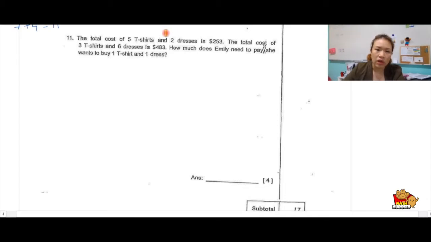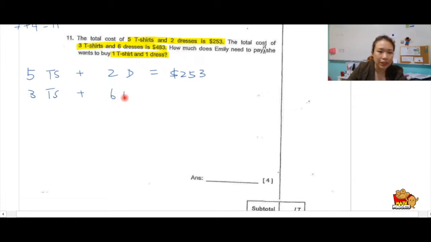Question 11, I'm just going to write down what the question says. So 5 t-shirts, 2 dresses is 253. 3 t-shirts, 6 dresses is 483. So she wants to buy 1 t-shirt and 1 dress. So 5 t-shirts plus 2 dresses, 253. 3 t-shirts plus 6 dresses,